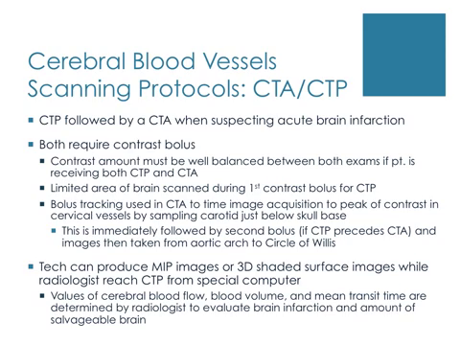Bolus tracking is used in a CTA to time the image acquisition to the peak of contrast in the cervical vessels by sampling the carotid just below the skull base. This is immediately followed by the second bolus and acquisition of images from the aortic arch to the circle of Willis. The tech can produce maximum intensity projection images, also known as MIP images, or 3D surface shaded images, while